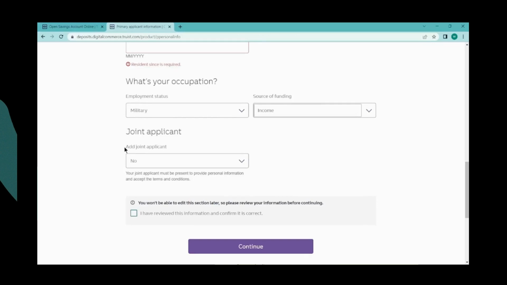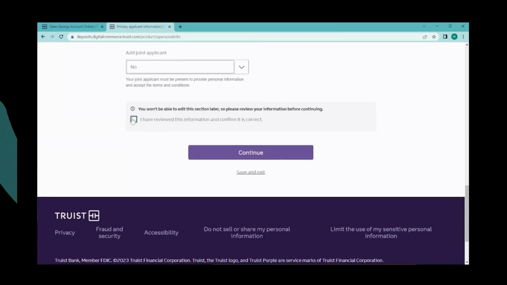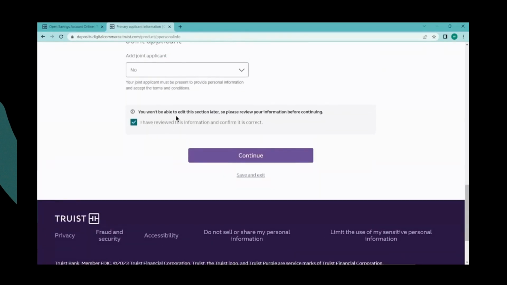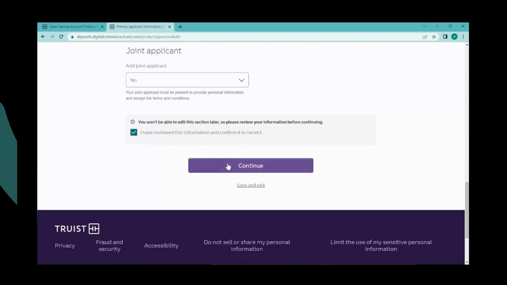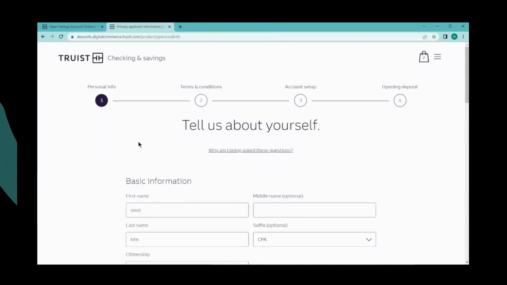and then here if you want to add a joint applicant, then you can simply click on yes, but if you don't want to, then click on no. And after entering the information, you have to click here to confirm that the information that you provided up here is correct. And after that you have to click on continue, and after continuing your first step will be completed,